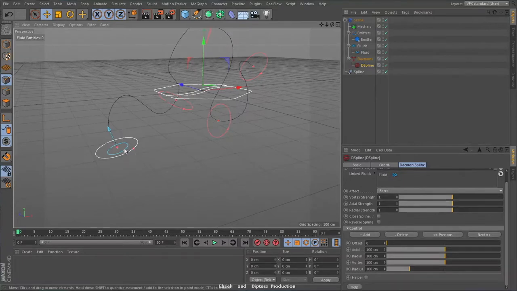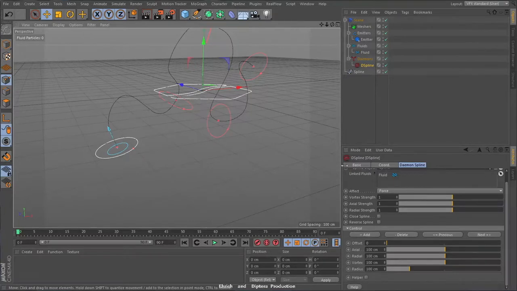Axial strength, so now we see it's this sort of cylinder or cone. So axial strength is referring to how strongly it's drawn to this axis, which, let's say our scribbled spline is our axis for this. So with a greater strength, it's being pinched, and with less strength, it's sort of flying